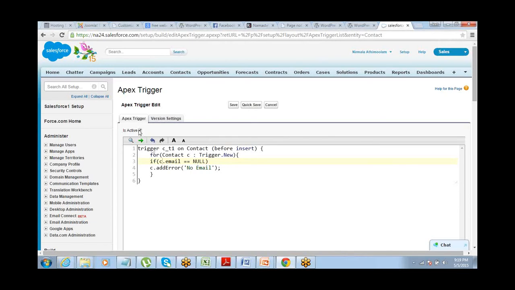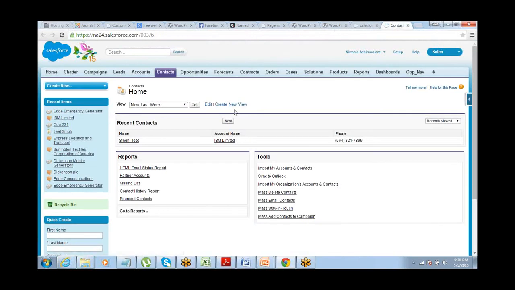And you have an option of making the trigger active or inactive. Only when a trigger is active, it will work. If it is not active, it will not work. So, more like our workflow rules and validation rules. So let me have this as active. Try to create a new contact.